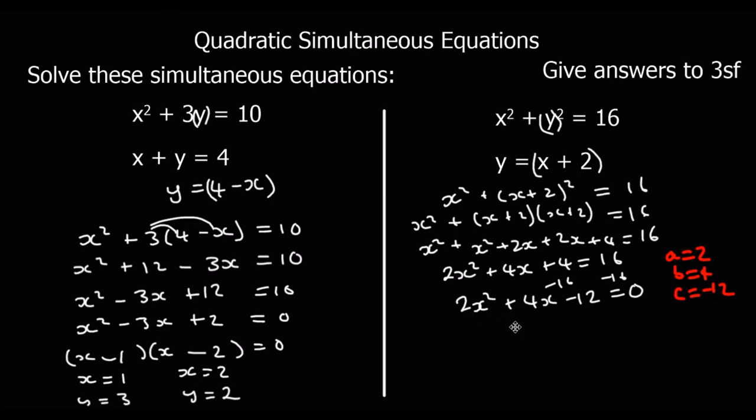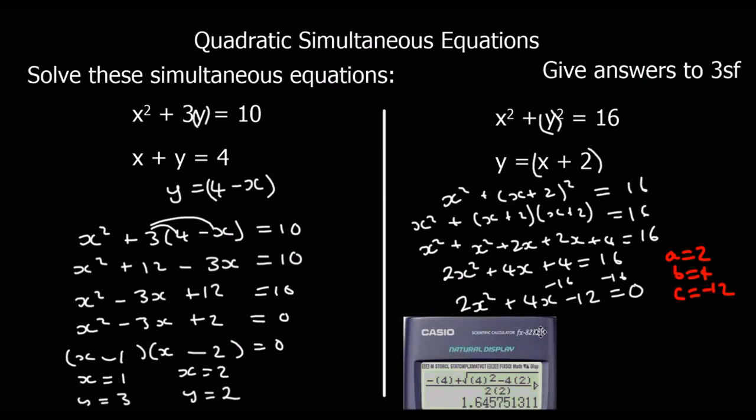I don't actually have space to write down what I'm typing into the calculator. You do have to show what you type into the calculator, so do show your working out. I just don't have the space to do it here. I've typed it into the calculator. A is 2, B is 4, C is minus 12. So that gives me x equals